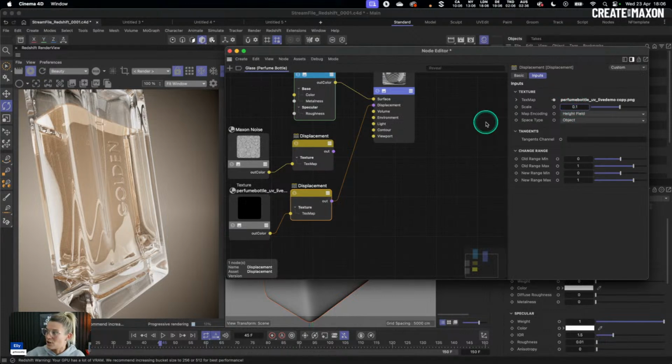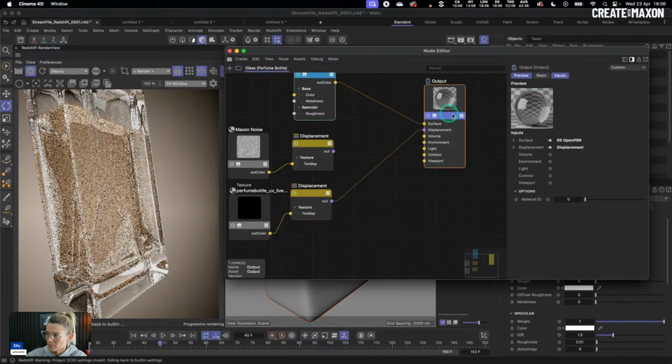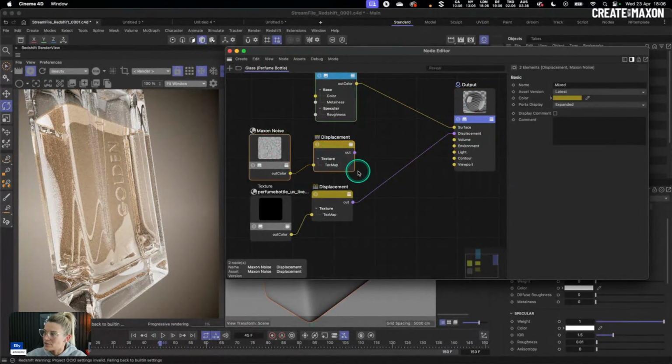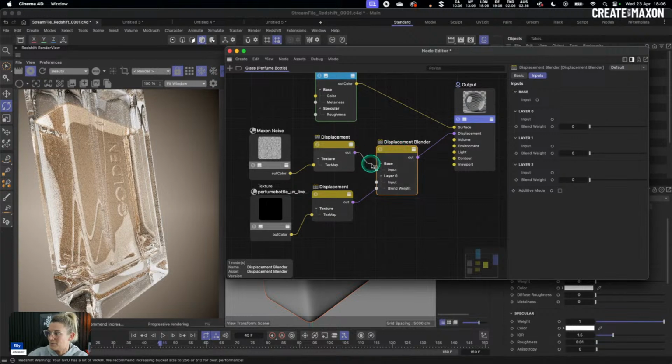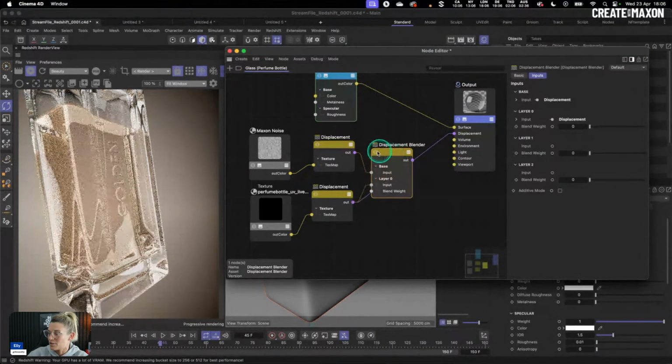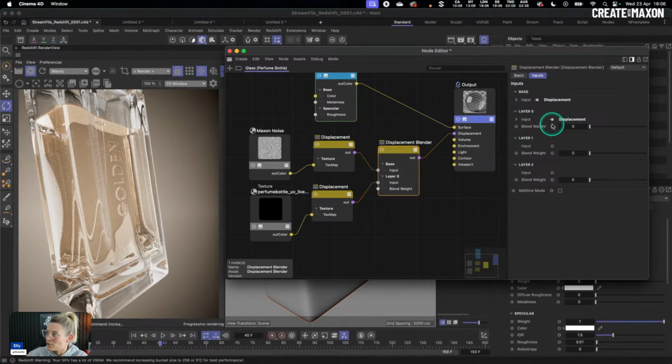If we wanted it to go in, so get embossed inwards, let's do a -1. And so now it goes onto the inside of our object. But now you're probably thinking, but Ellie, we're now losing this displacement. But don't worry, because we have the ability to do displacement blending. And so what we can do is combine both our displacements inside of our displacement blender, connect that into the displacement, and then we just need to make sure that we add the weight value